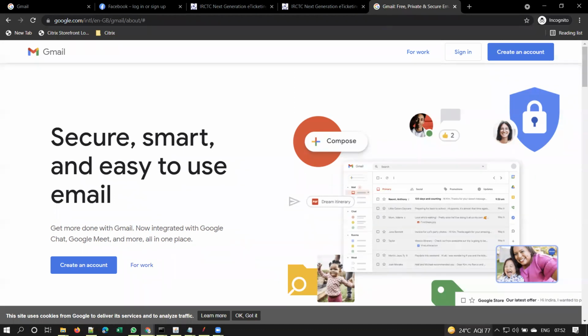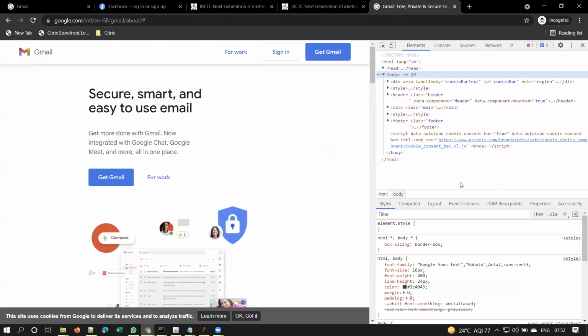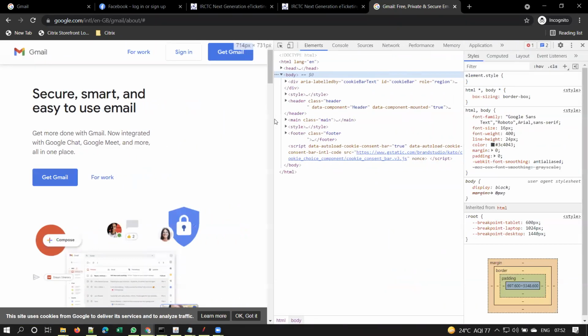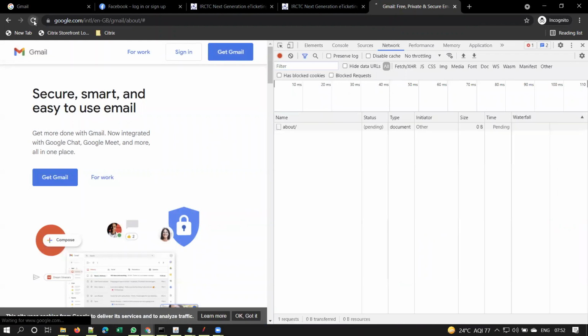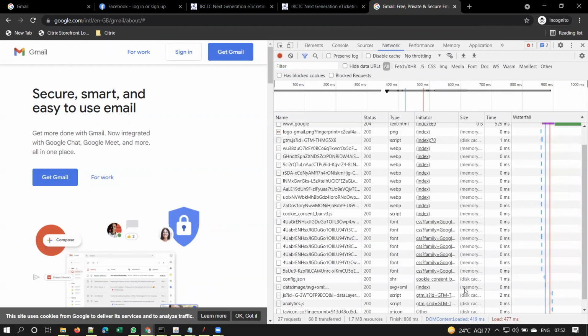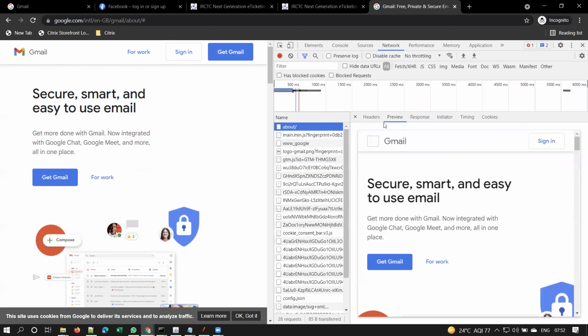Now there will be many hits to the web server. Only one request will not go to the server. There will be many requests to the server. So let me show you that. To see that, go to developer tools. You can launch developer tools by using the shortcut Control-Shift-I, and go to the network tab. I'm refreshing the page to send the request again to the server to show you something. Now observe here, guys. This is the main request that we have sent.